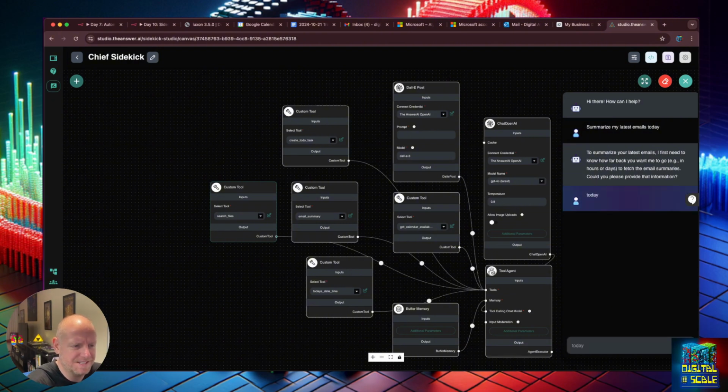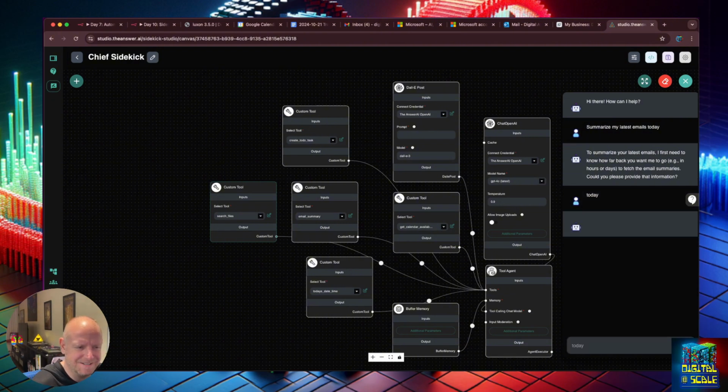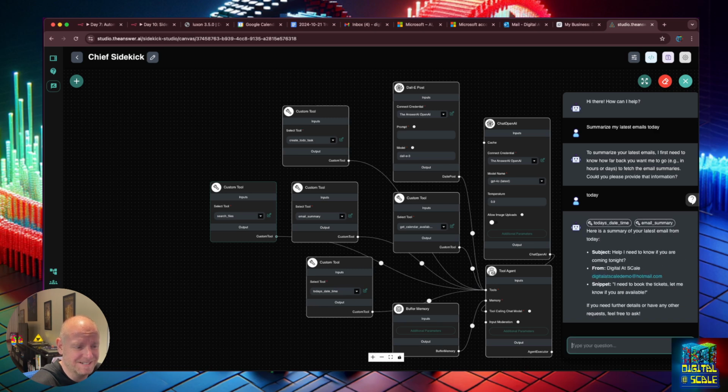I would hope that since I said today, it would have got it, but it had me reaffirm. So now I can just go in here and I can do this. I can say, then using, like, oh, I need to book tickets, or let's actually do a real world situation where